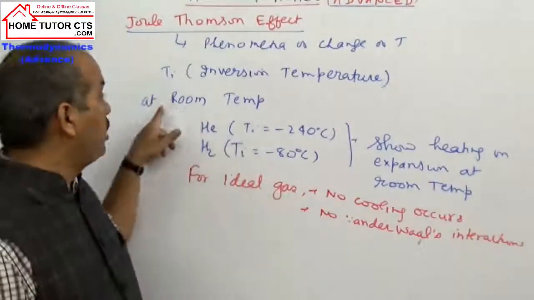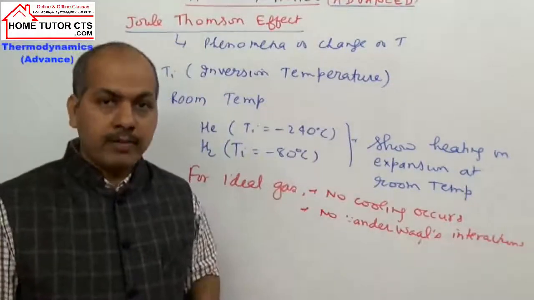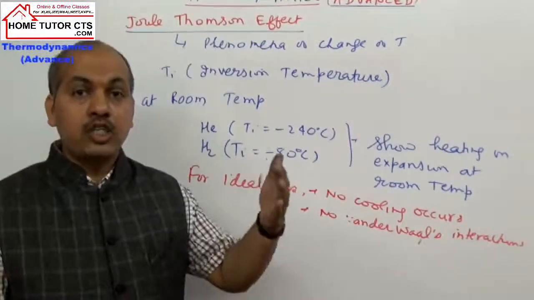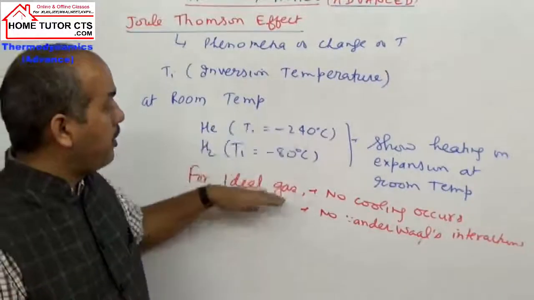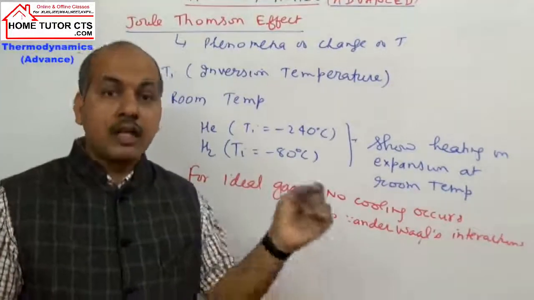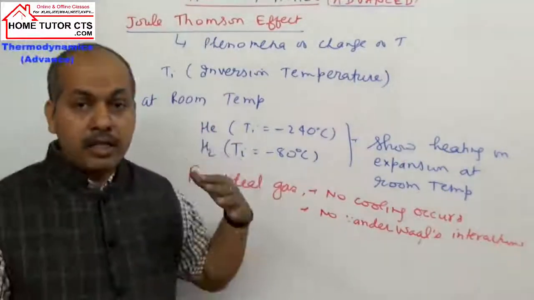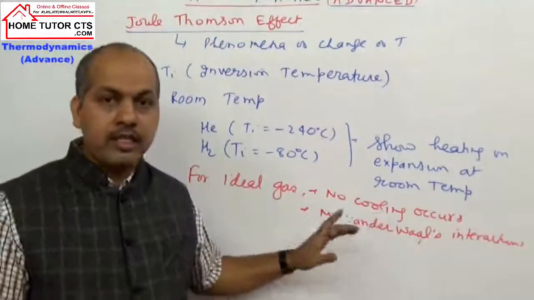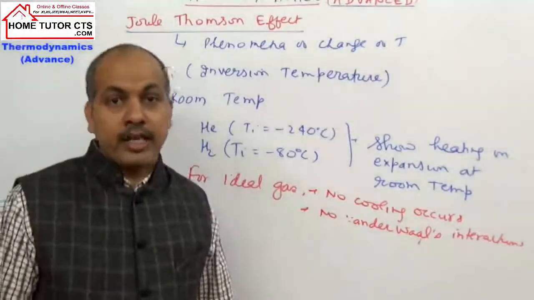Below that temperature, below this inversion temperature, the gas will show cooling. So for these two gases to show cooling on expansion, first they should be cooled below this temperature. पहले इसको इसके टेम्परेचर नीचे लाना पड़ेगा. इसके नीचे लाने के बाद ही क्या होगा, अगर गैस एक्सपेंड करता है तब उस केस में कूलिंग होगा. अदरवाइज मेजॉरिटी गैस में हम क्या देखते हैं कि एक्सपेंशन करने पर क्या होता है, कूलिंग. क्यों? Work is done against van der Waals interaction forces which are existing in the gas molecules.